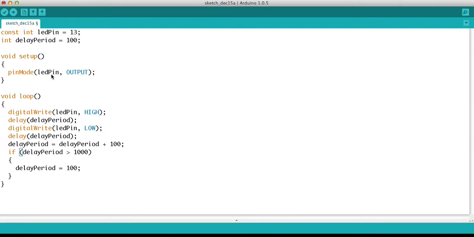In the setup, I tell my Arduino board that the LED pin is an output, as usual. And then I go into my loop. And hopefully this all looks familiar, that's why I'm not spending too much time on it. Digital write LED pin high. This is making my